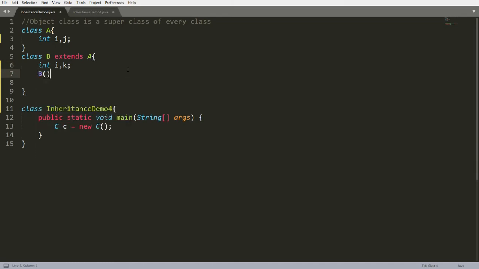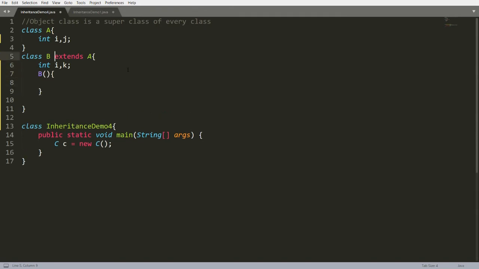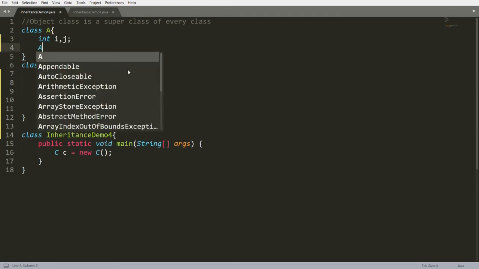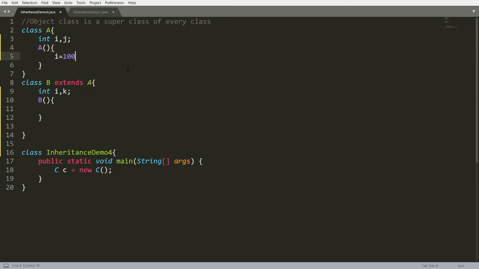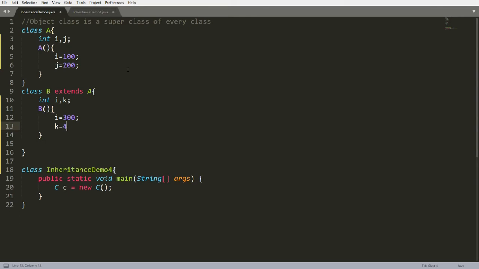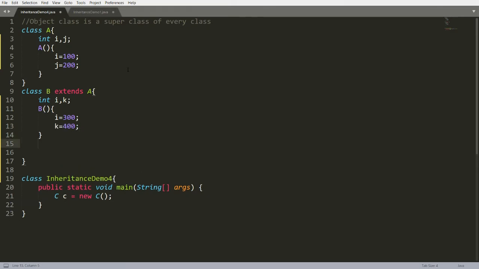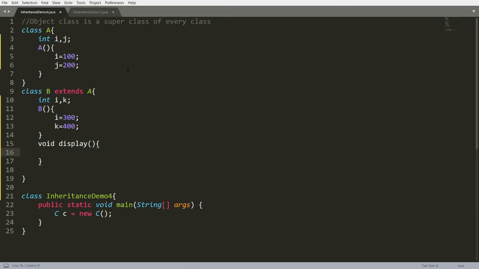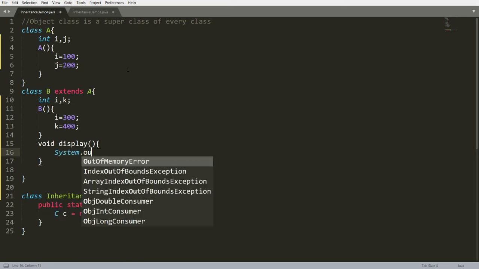For example, I have one constructor in A and one constructor in B. In A, I equal to 100, j equal to 200. In the B constructor I am writing i equal to, for example, 300, and k is equal to 400. Now I have one function, void display, in which I want to access all of these. So how can we access this? It is very simple. You can write